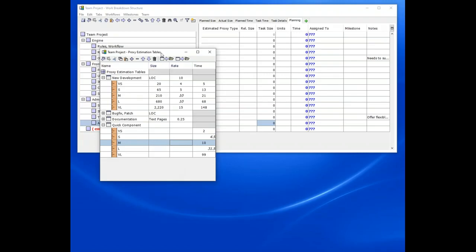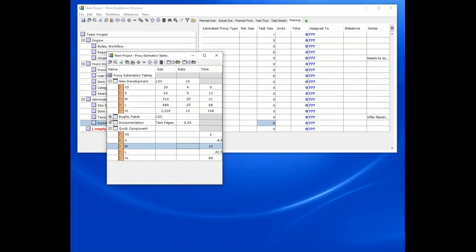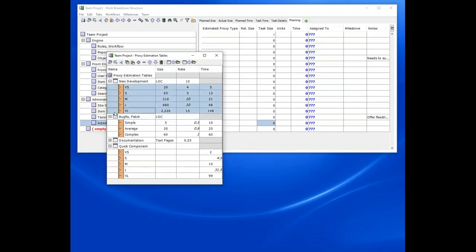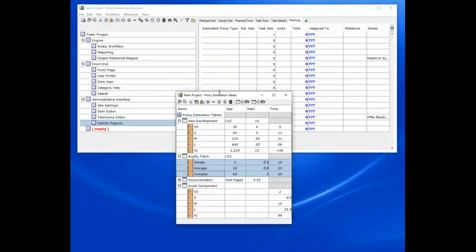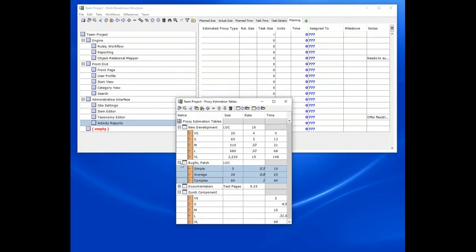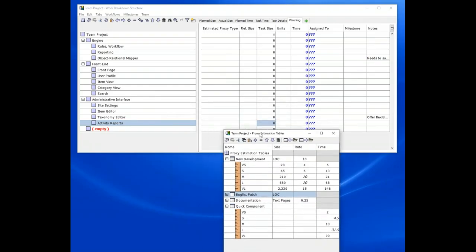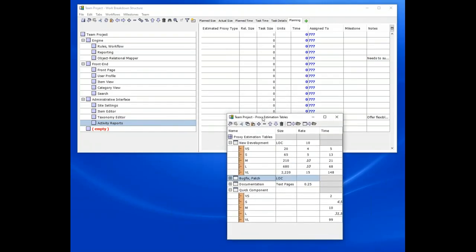All right. And one thing that I'd also like to point out is that although the names of the buckets are historically very small, small, medium, large, and very large, it's possible also to create buckets of arbitrary types. I've given an example where it has 3 different buckets for a simple bug fix, an average bug fix, and a complex bug fix. So once you've created these estimation tables, even if they're just simple, you can go back to the work breakdown structure editor